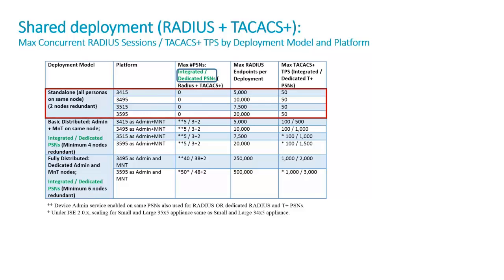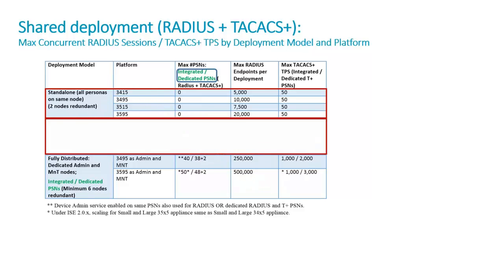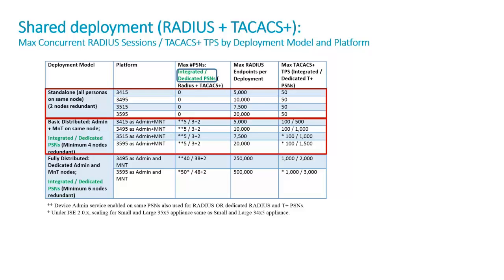Again, this has 3 different options based on the deployment model of ISE. In a standalone, by default, it is the integrated model. So that's why the maximum transactions per second is 50. And you can also see the maximum RADIUS endpoints supported. For 35.95, it is up to 20,000. In a basic distributed deployment where you have admin and MNT in the same node, an integrated approach supports up to 5 PSNs. For a dedicated PSN approach, you can have 3 RADIUS and 2 TACACS